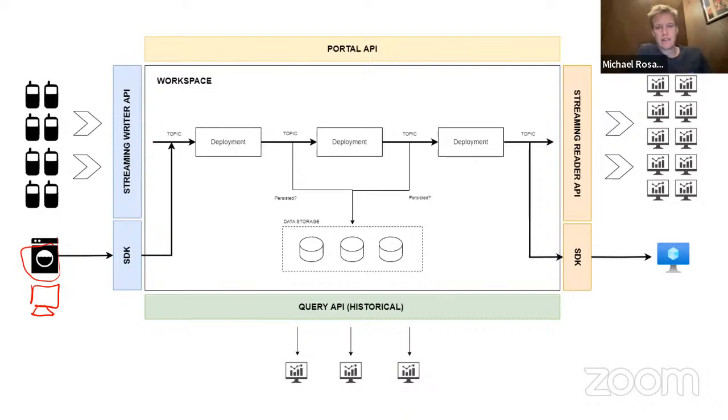The user can choose. Yes, it's configurable, and in the SDK, it allows you to create buffers or select. I want to send data every 100 milliseconds, or I want to send data every millisecond, or even I want to send data every 10 timestamps, something like that. So everything is configurable from our SDK or the streaming API.